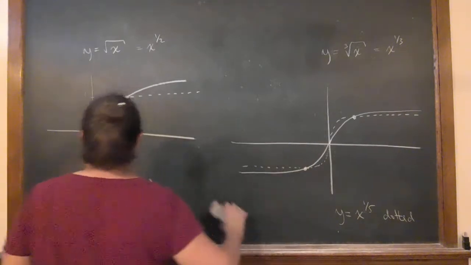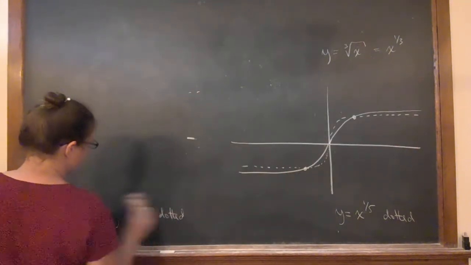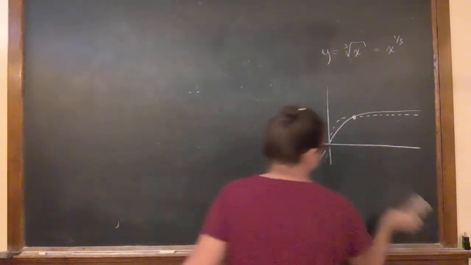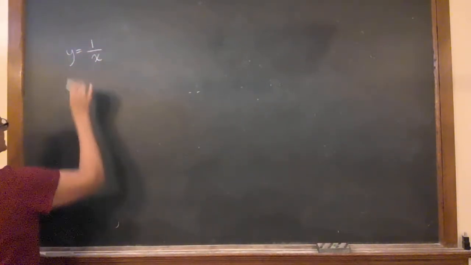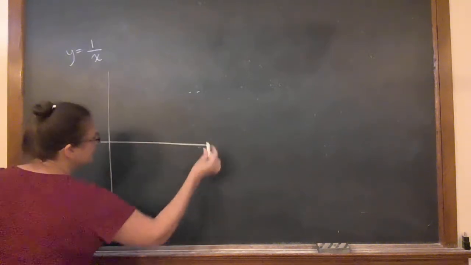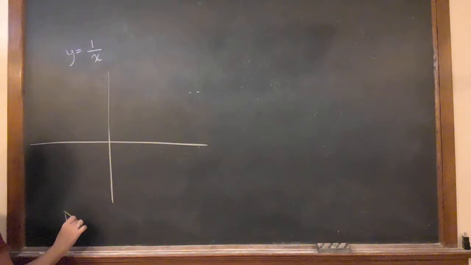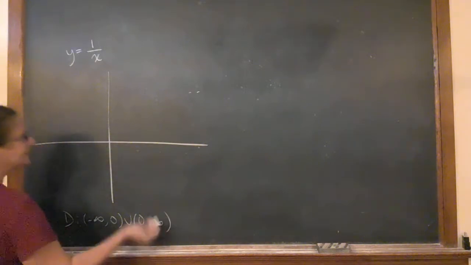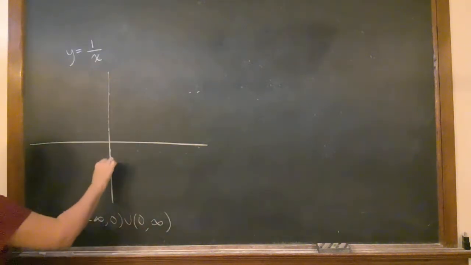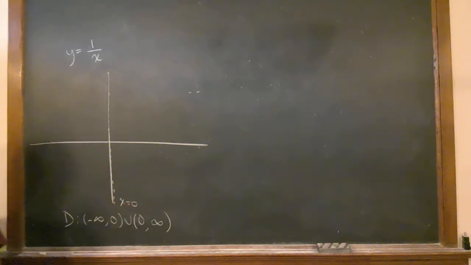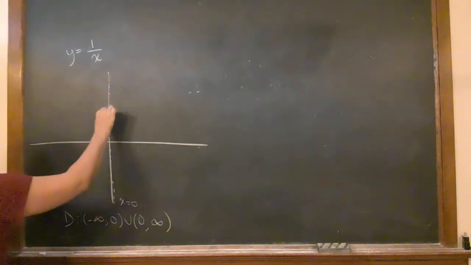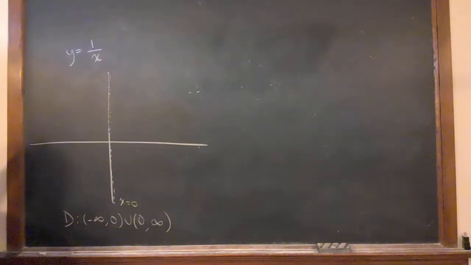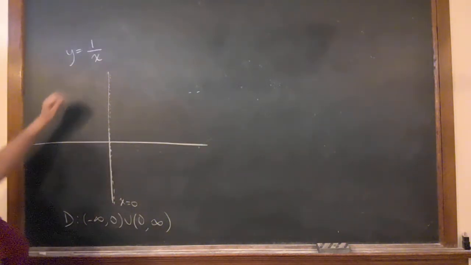Now, let's see what else we have. We've got some reciprocals. All right? Now we have something new, y equals 1 over x. Again, I've got this domain issue, right? Because I can't divide by 0. So my domain here, I've got to get rid of 0. 0 is my vertical asymptote. And it's sort of hard to see. Sorry about that, but you put a dotted line to show that it's a vertical asymptote. And what you will see, of course, if you graph this, is that